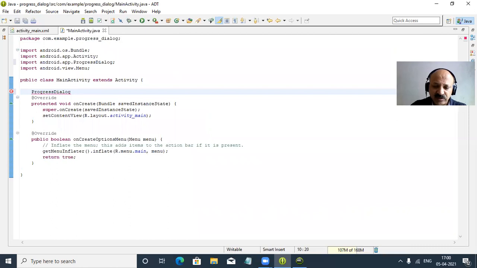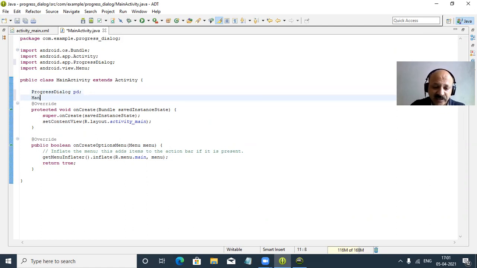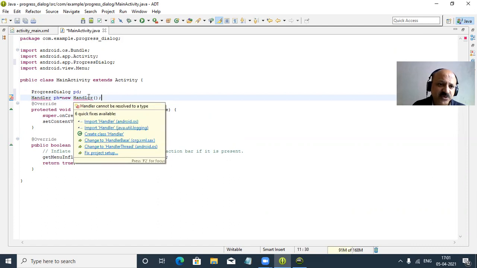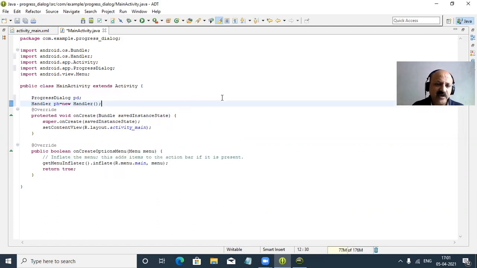So I name it pd, the ProgressDialog. And we can also take a Handler, like in the progress bar. I name it ph, the progress dialog handler. That Handler is in the android.os package, so you can look here, android.os package, perfectly.